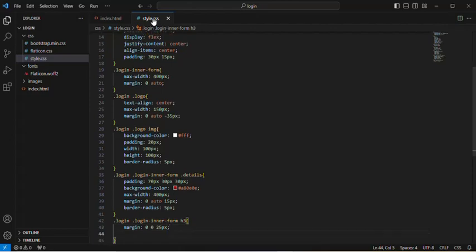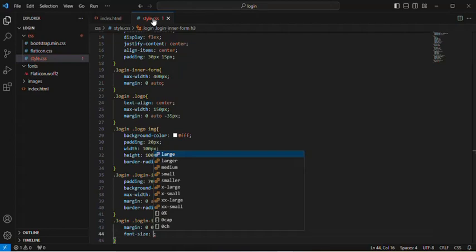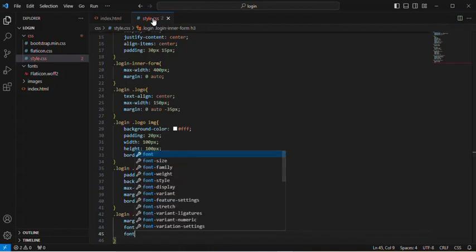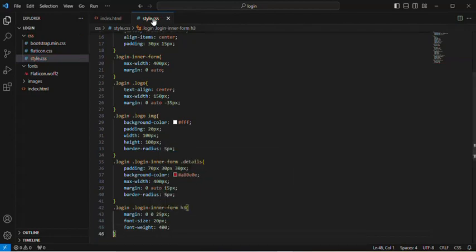Then we'll come down to font size. The font size we want to give it there is 20 pixels. We'll move to the next one, which is font weight. Our font weight, let's give it 400, and let's set our font family,